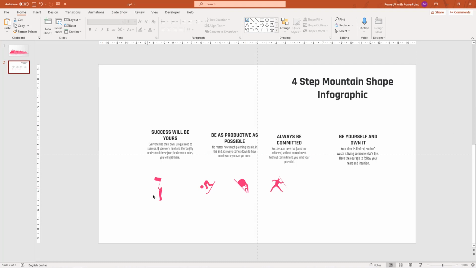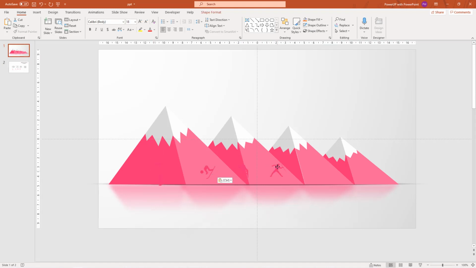Finally, add all PNG icons onto our design. Aligning all PNG icons is a bit important here.